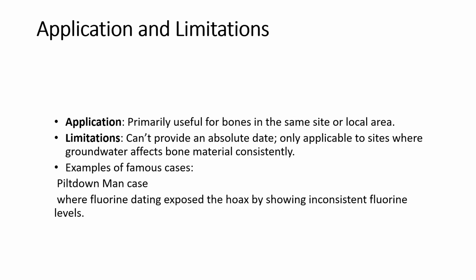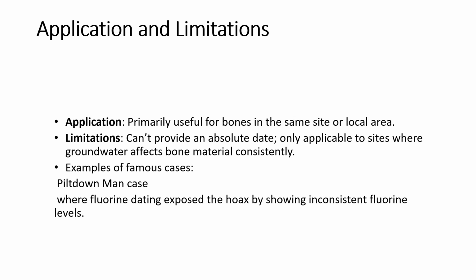It also has a very historical use. Fluorine dating gained fame in archaeology during the investigation of the Piltdown Man, a supposed missing link fossil found in England around 1912. Using this technique revealed that the Piltdown fossil contained significantly less fluorine than genuine ancient bone, exposing the find as a fraud. In practice, fluorine dating is now largely supplemented by more precise methods like radiocarbon dating for bones,